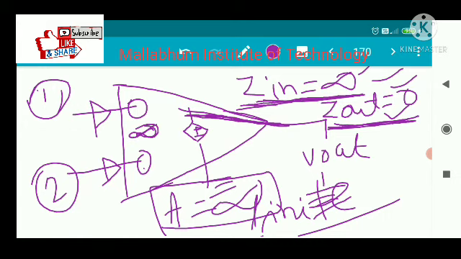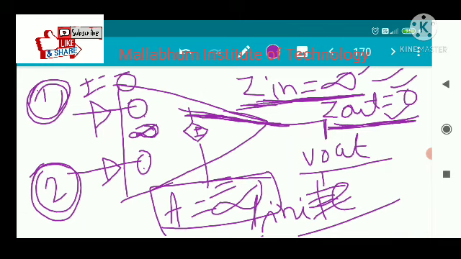So this is the ideal op-amp approximation, and there is one input, there is a second input. As there is an infinite input resistance between the two inputs of the op-amp, the ideal current drawn by the op-amp is 0. Okay, and Vout is taken from here, and the ideal op-amp gain is infinite. But in the practical case, the gain is not infinite, it is actually finite. And this Zin is not infinite, it is a very high value, and Zout is a very low value. So that is the practical op-amp configuration: input resistance is very high, output resistance is very low.